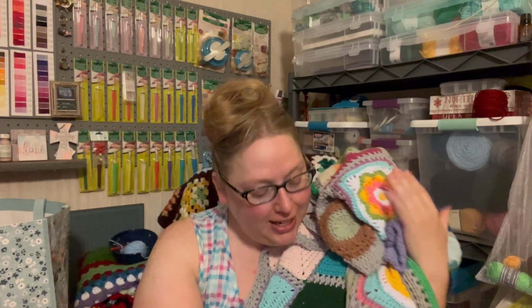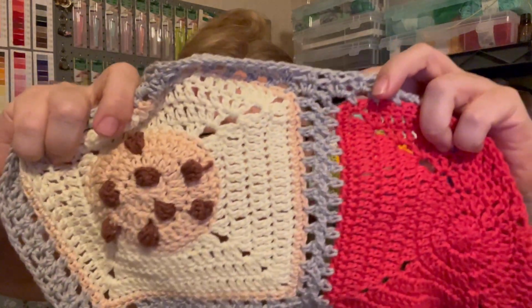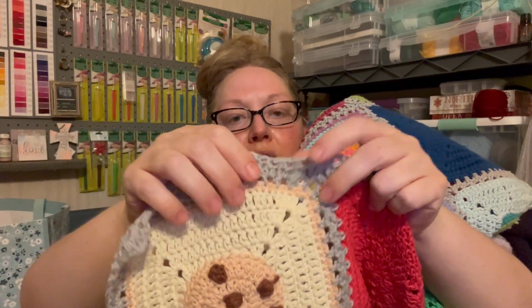So this is one of my fair entries for the fair. Super excited, it's finally done. The 3D granny is finally done. I did the join, sorry, it's a little hot up here, and then I just covered up with a blanket. It is the flat braid join-as-you-go method. Super easy, and it looks so complicated, but it's not. And then I just went around with 2 rounds of a double crochet or half double crochet,